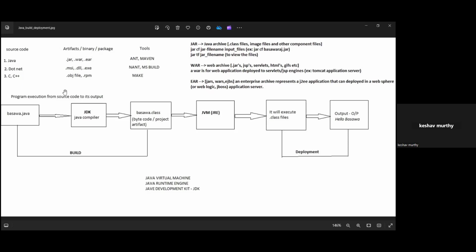Since I didn't get any opportunity on .NET or C++, I worked only on Java, and I know the build automation is going to work like this. Okay, I can do it for this also. That's not a big deal. Got it? Like that, you have to explain them. I am not a programmer, but I know how to do the build automation. This is how I'm going to do it.